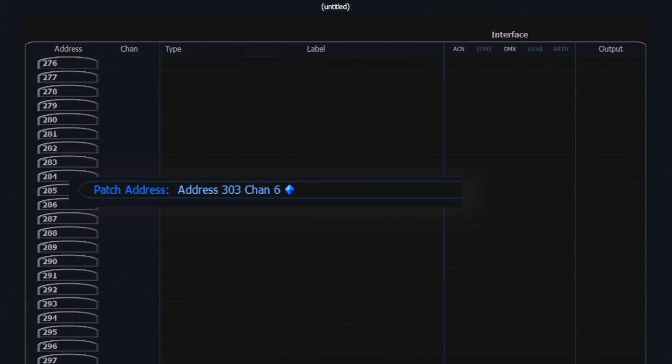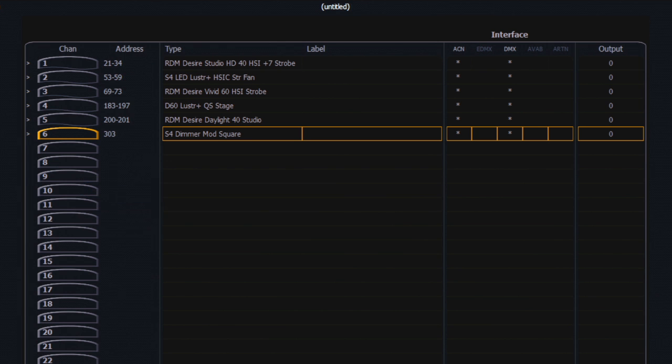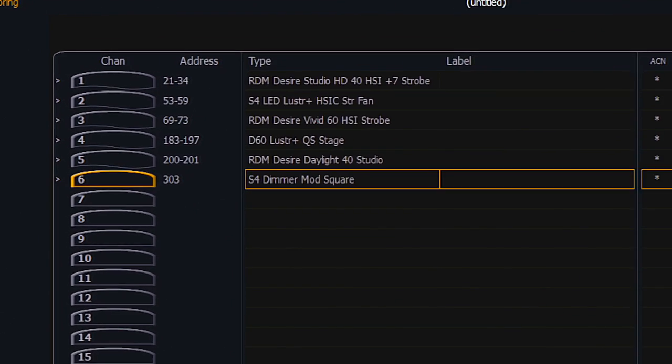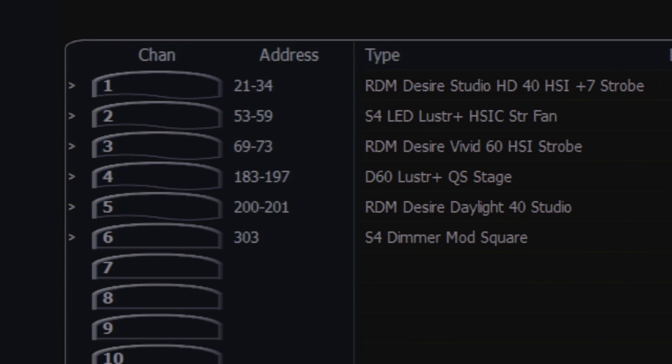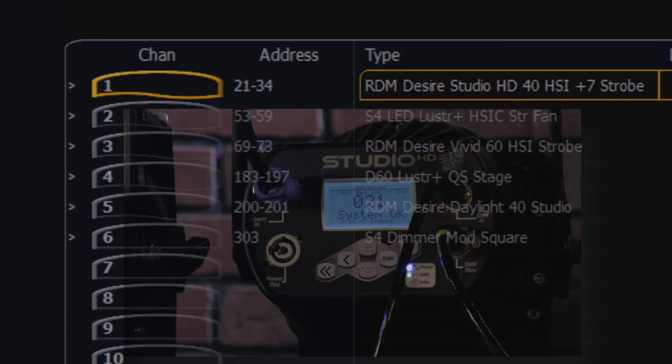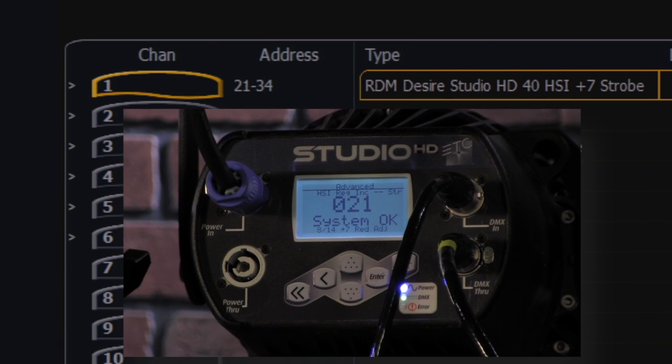This should be very familiar to you. I'll change the format and we can look at channels 1 through 6. You'll see there's a little caret located next to that. The caret is telling us that that is an RDM device and that the fixture is linked. Let's take a quick look here at channel 1. You'll see that channel 1 is a Studio Desire HD that is set to HSI mode plus 7 colors plus